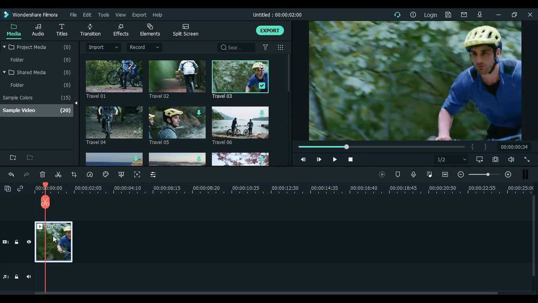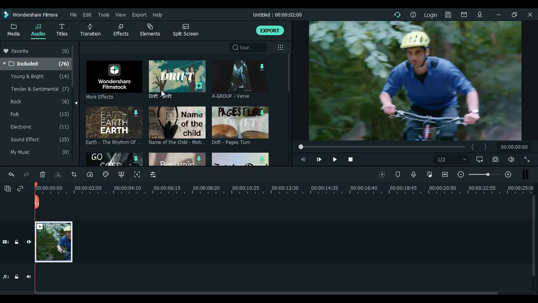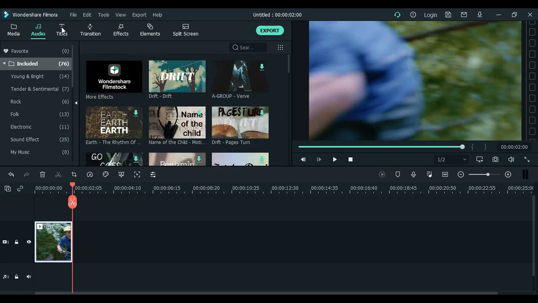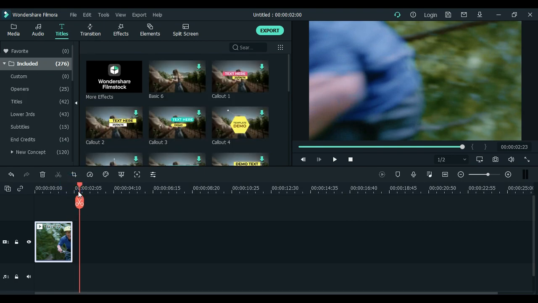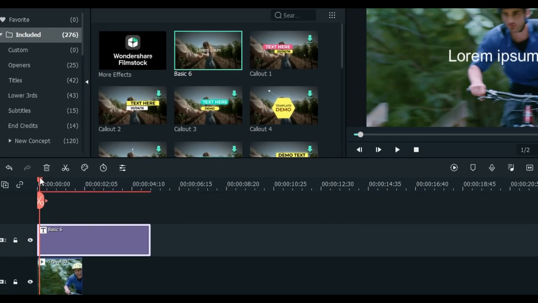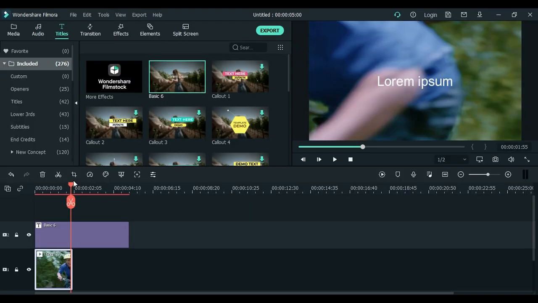Now in Filmora X there are various options, from video and editing songs that you have to install in your computer. Okay, and there are also titles so that you can add text in your video, photos, or anything that you want to text. And here I just downloaded one text. It's a basic one. Okay, and I just drop it here, and now see my video timing is just about 1.2 seconds, and here the text video is about 4 seconds.